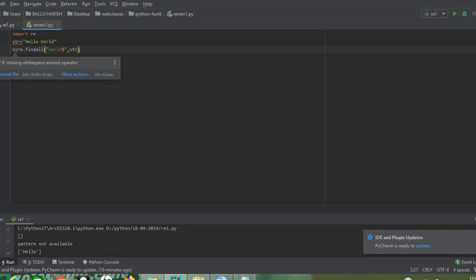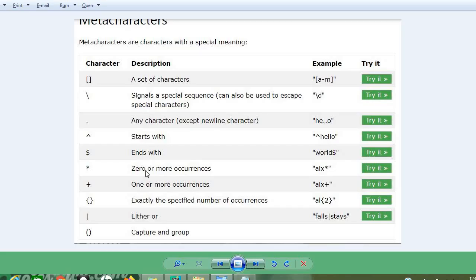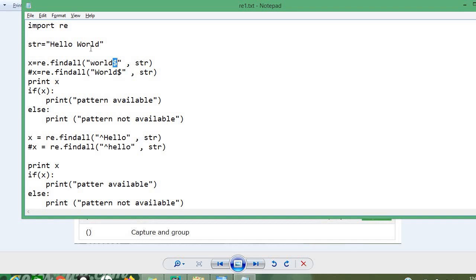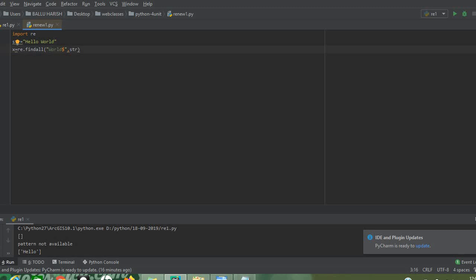Now if you see here, in hello world, H and W are both capital, so we make the W capital. Now what is the meaning of this world followed by dollar? What is the usage of dollar? In whatever string you have specified, if there is any word, world, it should be at the end of the string.